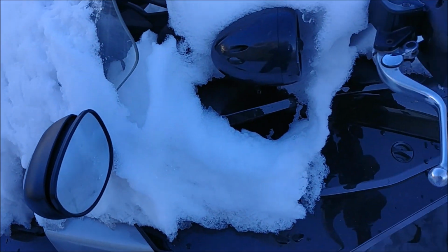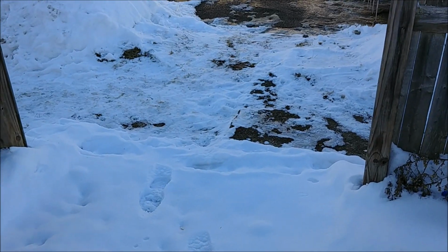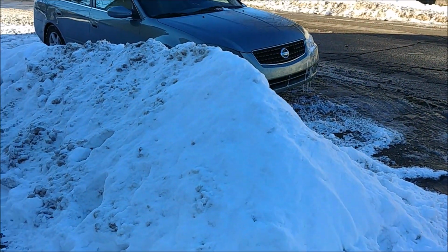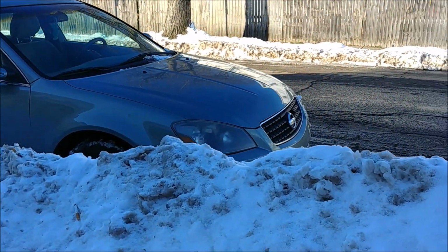Oh, things are thawing. I hear things running. It is absolutely covered in snow. So tonight I'm going to dig out the spyder because tomorrow is supposed to be 35 degrees. And I left a spot to get the spyder out. But, I mean, as you can see, I